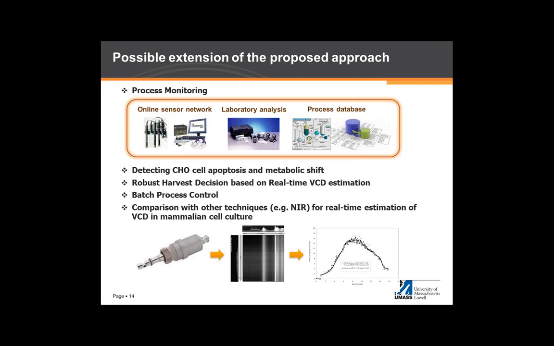And also, right now in bioreactor operation, very little control concept is introduced, except for the dissolved oxygen, pH, temperature, and the flow rate of sparging. But there isn't any control methodology with which you can really control the viable cell density or specific titer and so on. But there are a lot of research groups working on this batch control methodology. And this real-time viable cell density measurement is going to contribute significantly to batch control methodology for the bioreactor.